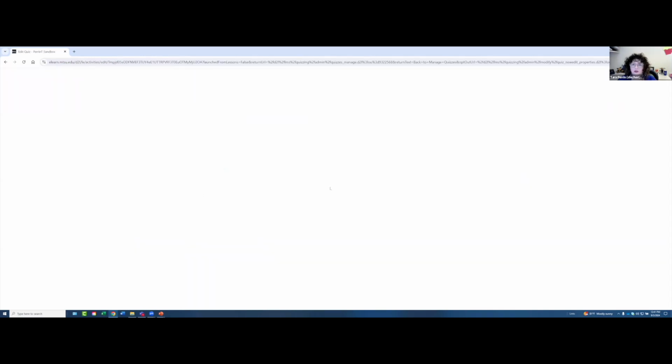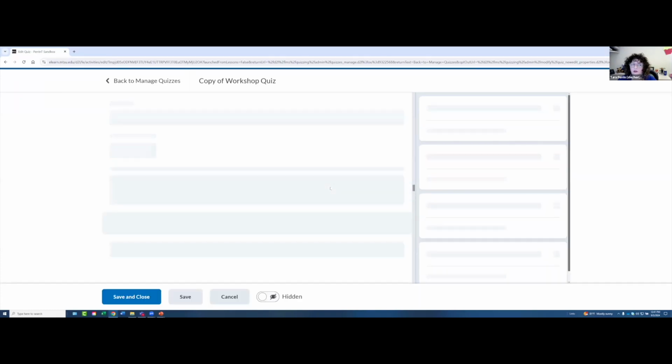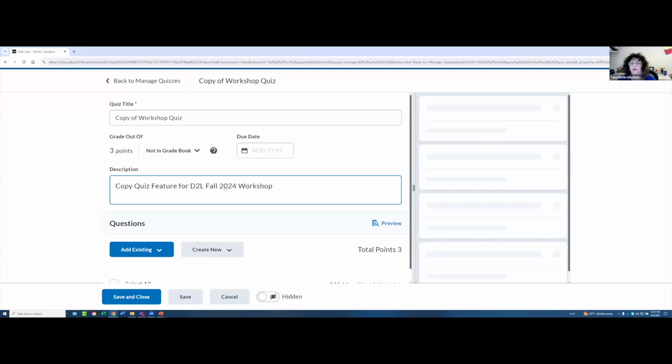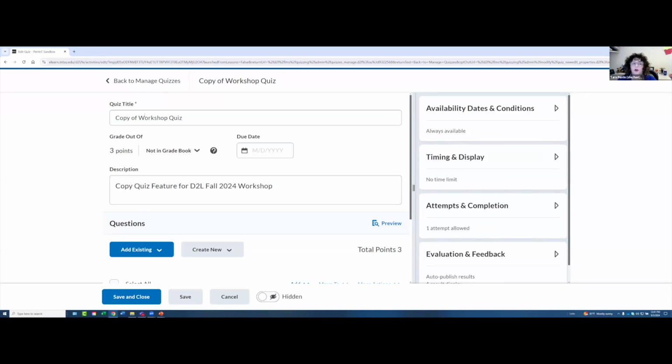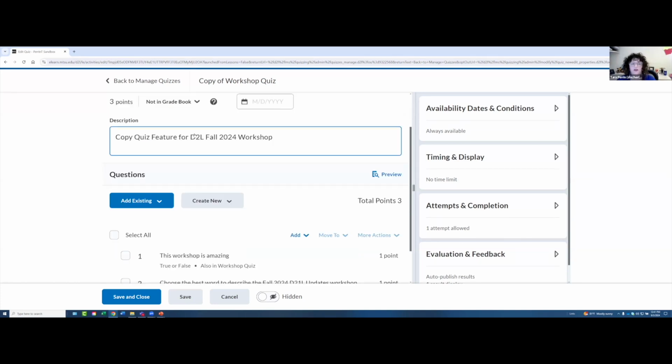and it has literally copied the quiz for me. And all you have to do is change the title of it. Say workshop quiz 2. And whatever description and instructions you had will still be there. So if you had a lot of instruction there for your students before the quizzes start, all you would have to do, if the quizzes again are the same, is maybe